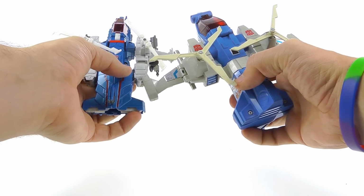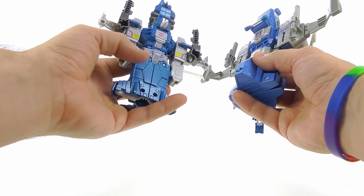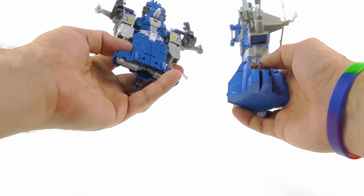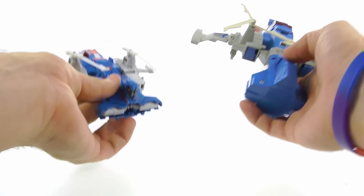I do kind of wish that it was a little bit lighter of a color. As you can see, it's a very nice metallic-y kind of blue color, which does look really good. I really do like it, but I like the little lighter color that this had, but it's not anything that's